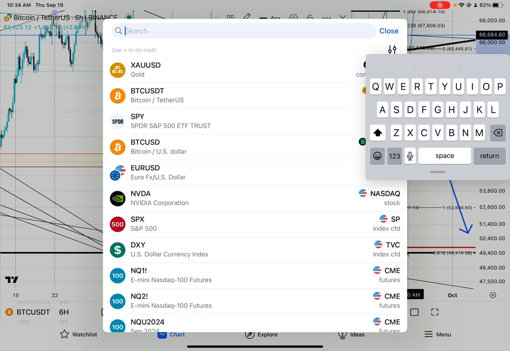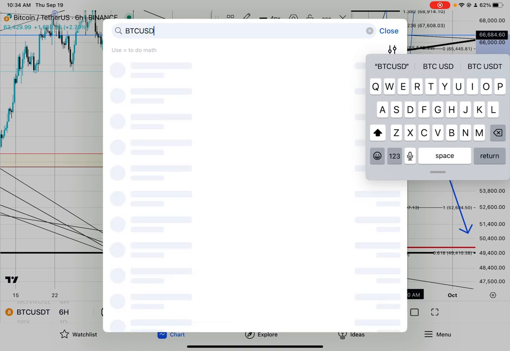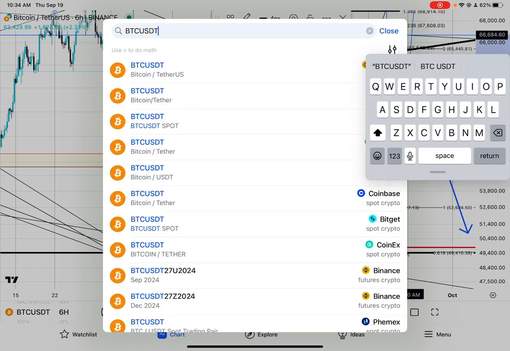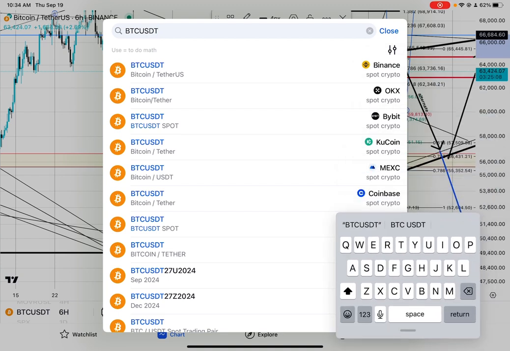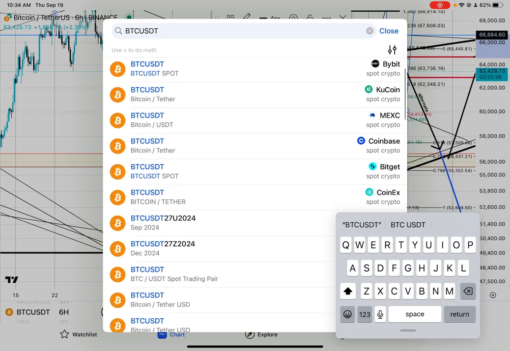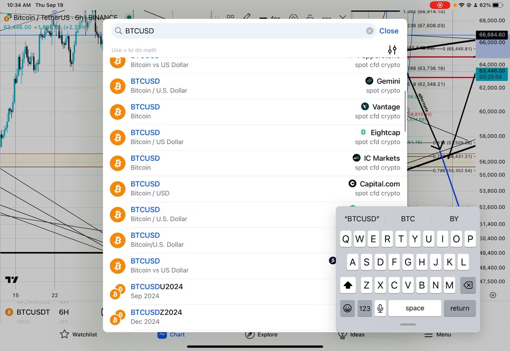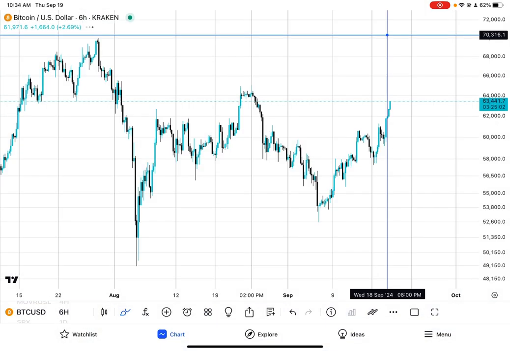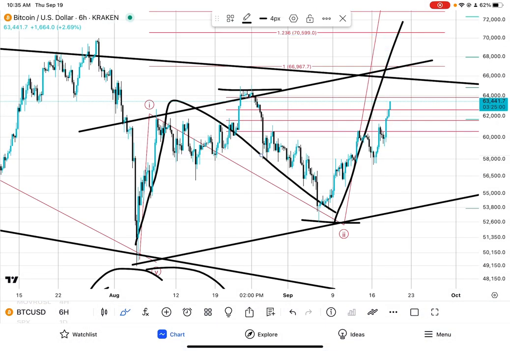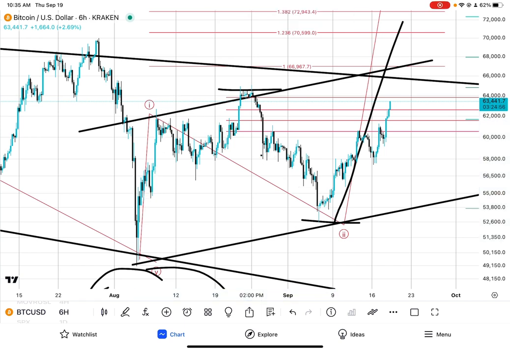We can take a look at a little bit more of a simplified chart that I had made for my Discord members right over here. Okay, so we'll go ahead and take a look at that. Now, this is the more simplified chart here. The simplified chart shows that all this was